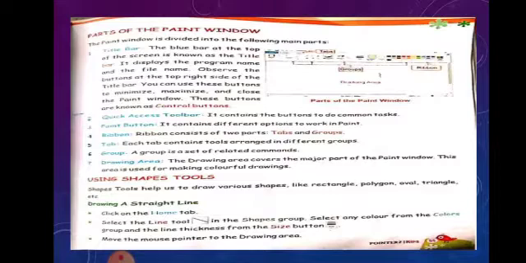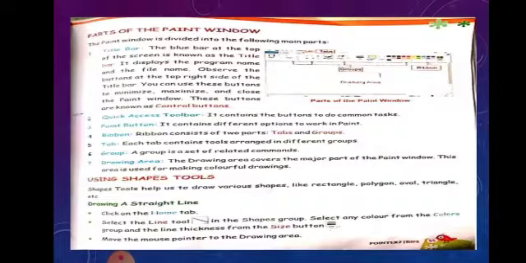Now, the quick access toolbar contains the buttons for doing all the common work. The Paint button has different options to do the work in the program. Ribbon has two parts, the tab and groups. The tab has tools arranged in different groups, and each group is a set of related commands. The drawing area covers the major portion of the Paint window in the middle. This area is responsible for all the art and drawing work that you are doing, all coloring and drawing.